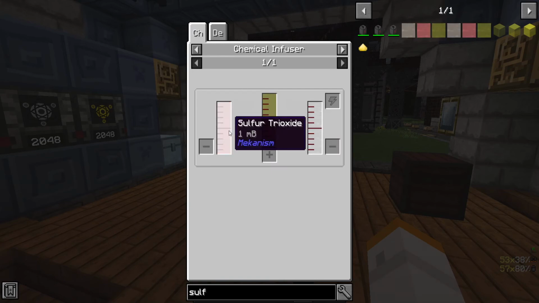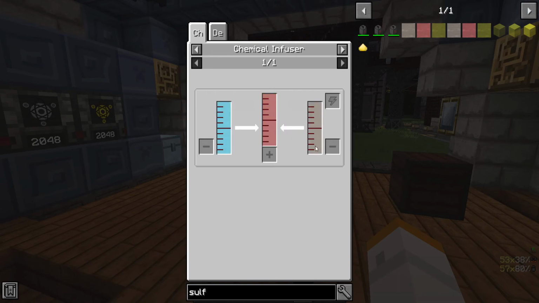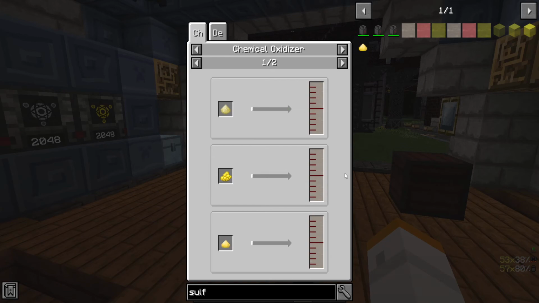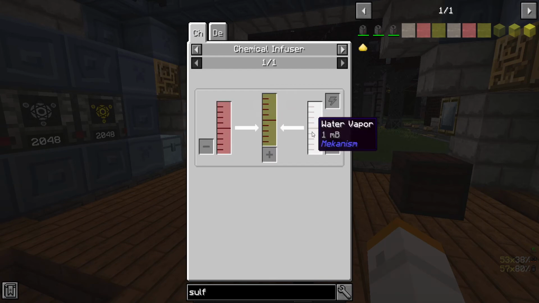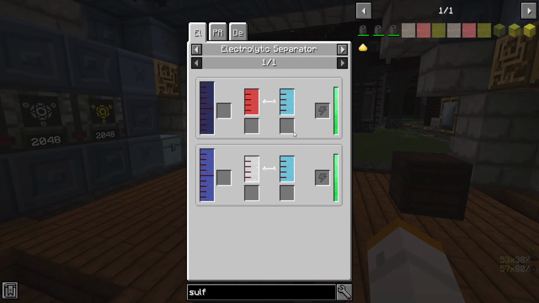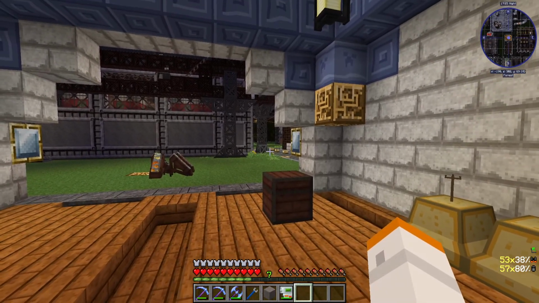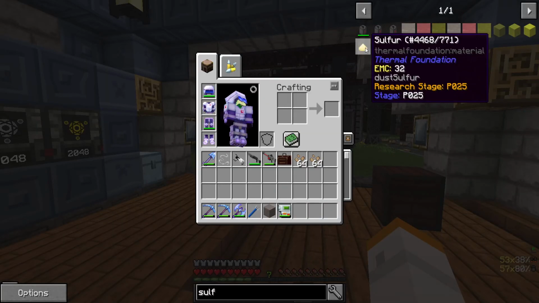Whereas this version here, if I get back to the correct area, let's see. Sulfur trioxide, sulfur dioxide, 100 millibuckets here, back up 1. This is 2 millibuckets to 2 millibuckets, so we're doing a direct thing here. We're doing it directly with a little bit of oxygen, so back up 1 more. Again, this is another direct change. Basically what I'm saying is one sulfur is 100 millibuckets of sulfuric acid in the Mekanism way, whereas one sulfur